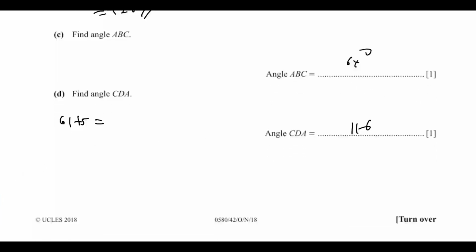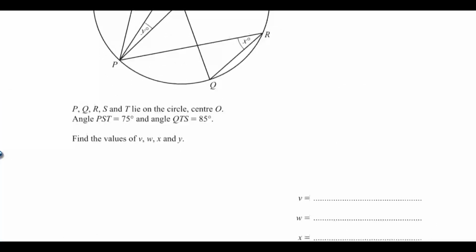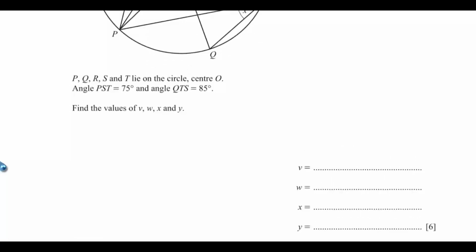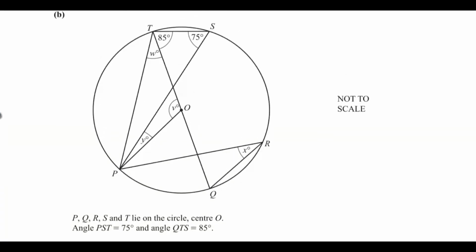Okay, so let's go to the last question, and that will be the end of this video. So here you're asked to find V, W, X, and Y from this diagram. Okay, so if you look at this very well, let's start with V. So V is inside this triangle TOP, but unfortunately we don't have the given two angles here, so we can't find V. But also, if you look at it very well, V is equal to the angle at center,